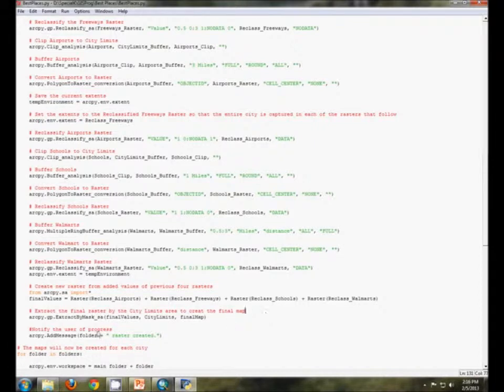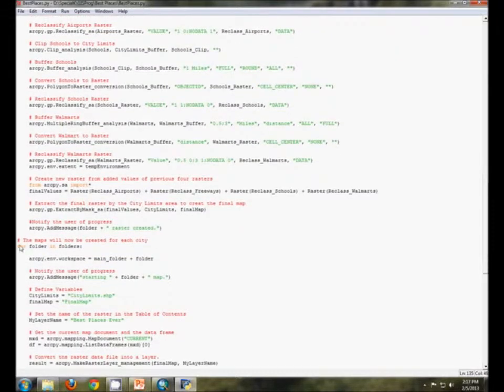depending on the quality of location. And then from that final values raster we extracted just the locations within the city limits, and we let the user know here that we've created the raster for that city and we're going to move on to the next city. And so that's our geoprocessing loop. Like I said, that just goes through basically what that model does, creates all the rasters for each of the cities. And then we're entering here the